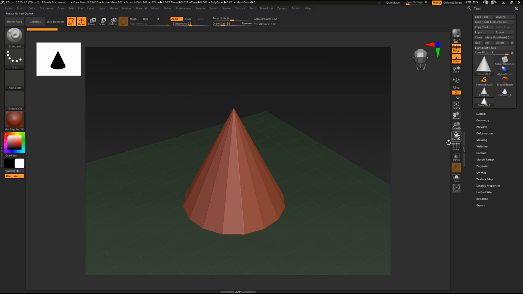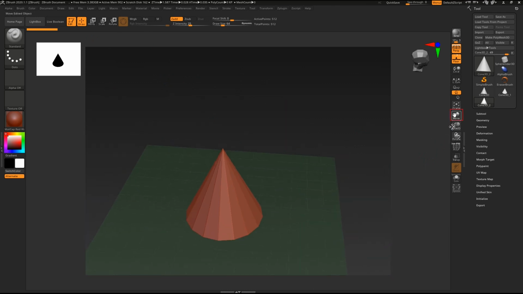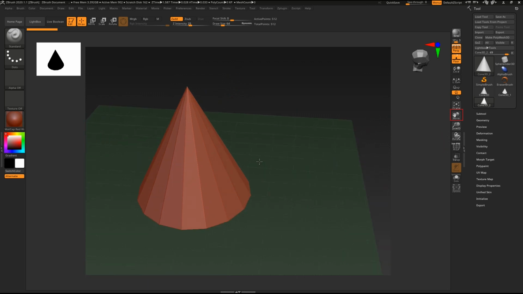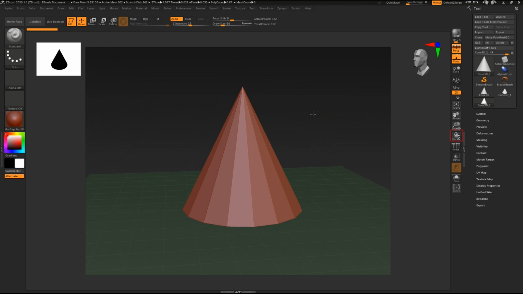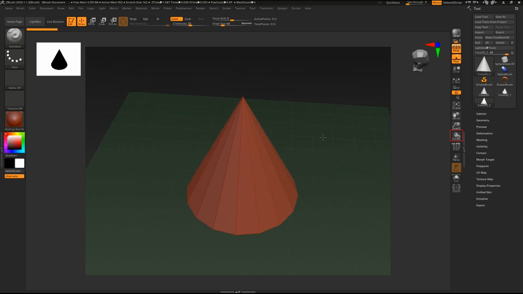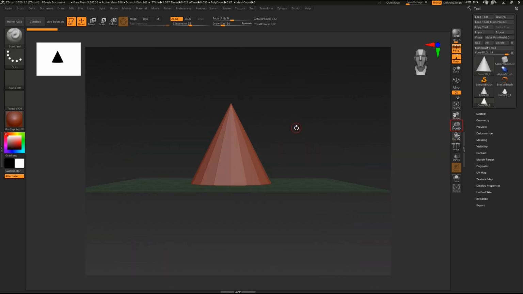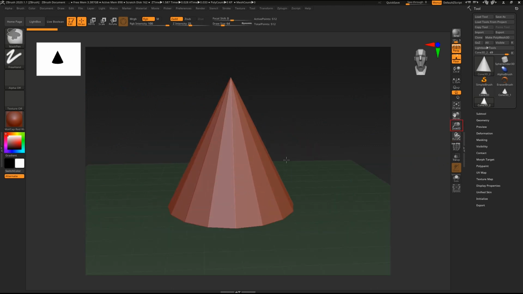So first we learn about camera controls. The first one is to move the camera. You can call it panning. Just press Alt and left click and move here and there. The second thing is rotate camera. Just left click outside the model to rotate the camera. The third one is zoom. For zoom, just press Ctrl and right click and drag up and down.